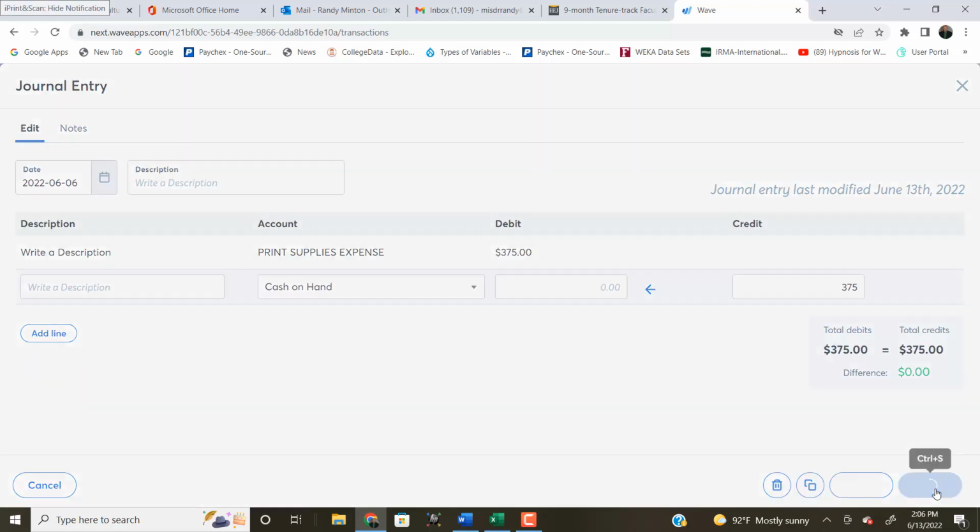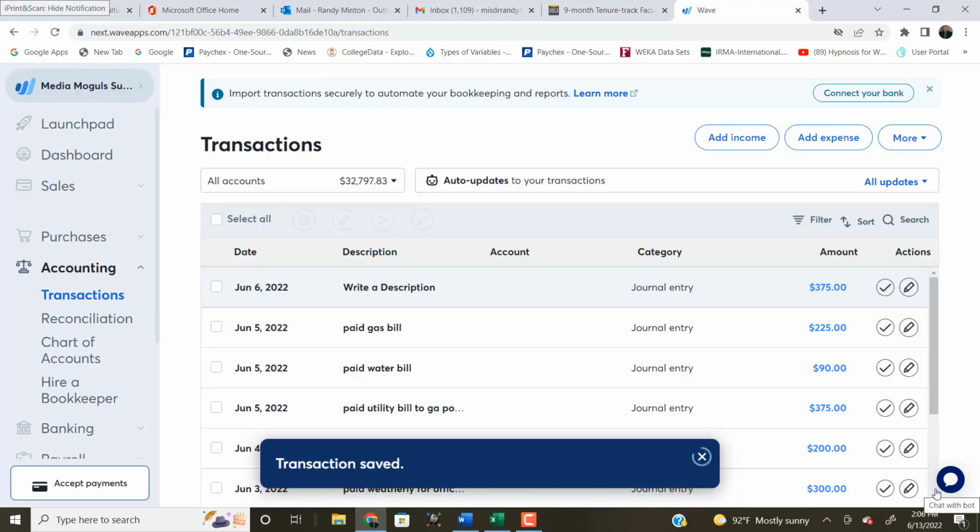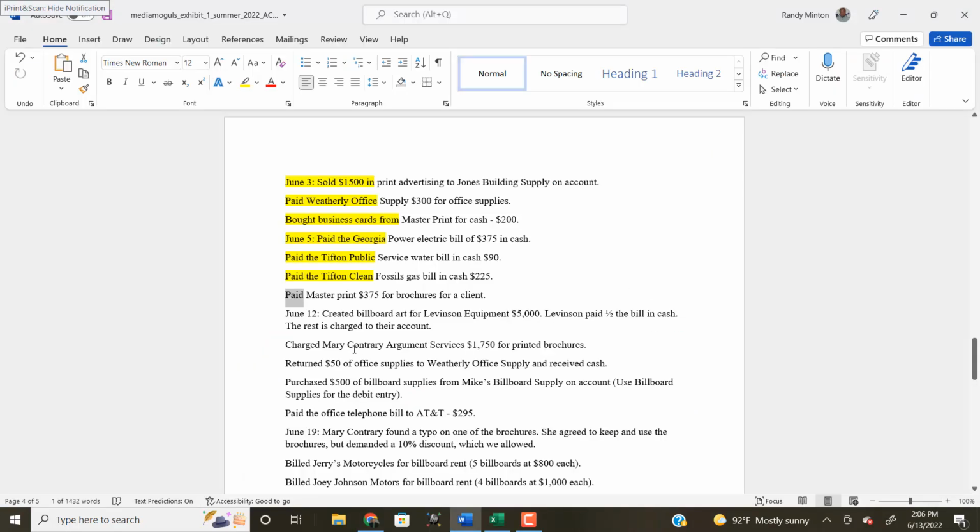Again, no difference. Save. Pop back over. Highlight it. Give it a little bit of yellow. And now let's do this one. And again, I didn't create the accounts receivable for Levinson. That should be for you, I think,